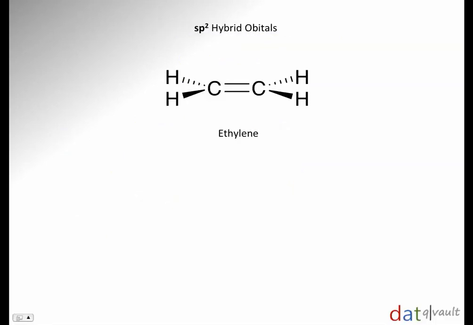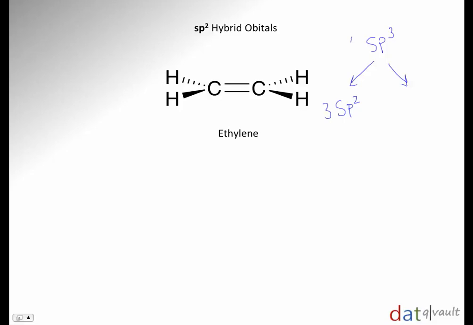Alright, let's move on to other carbon hybrid orbitals. This time we're going to look at sp2 hybridized carbon orbitals. An example of this would be ethylene. The only difference between ethylene and ethane is we're missing 2 hydrogens, and now we have a carbon-carbon double bond. So what happens between an sp3 hybridized orbital and an sp2 hybridized orbital is we basically break up this sp3 hybrid to form